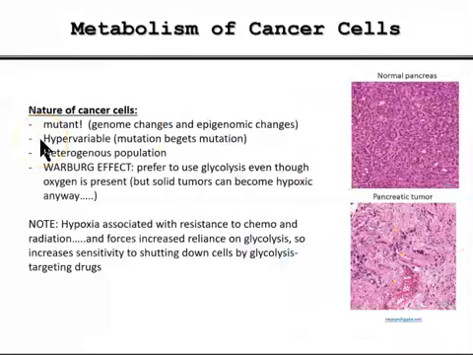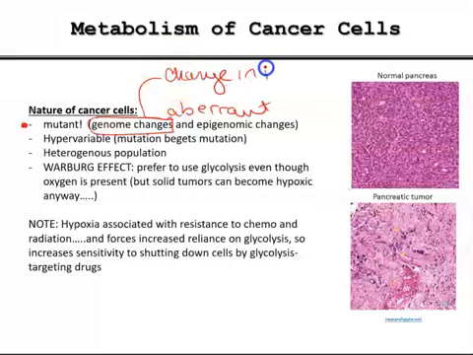Quick overview of the nature of cancer cells. Cancer cells are mutant. They are aberrant, meaning that they are abnormal. There's a multi-hit hypothesis to the development of cancer, in that there needs to be multiple mutations throughout the genome of the cell in order to remove all of the checks and balances on cell replication. Because of this, there are a lot of changes in the genome, and they could be changes in DNA sequence,